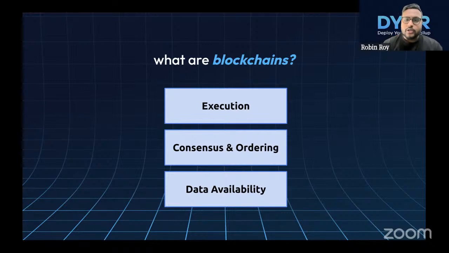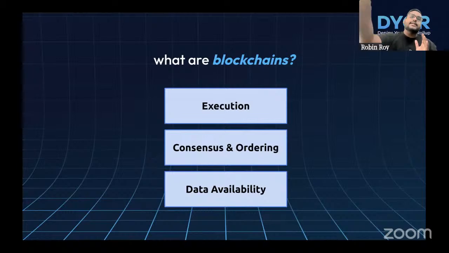Now, what do blockchains do? Blockchains have a consensus mechanism. Consensus means that if you have multiple people who are trying to maintain a single ledger, you all need to be aligned. Everyone should know the order of how these transactions should be, and based on this order, we will do the execution. Because if I send 10 rupees to person A, and then I send 5 rupees to person B, but I have only 10 rupees total in my account, the ordering of those transactions matters. If I have 10 rupees and I'm sending 5 rupees to someone else, and I'm also trying to send 10 rupees to someone else,